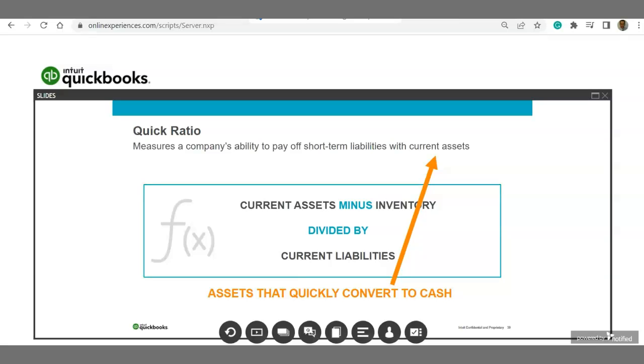The current assets involved in this ratio are assets that are more quickly converted to cash, and inventory does not convert to cash as quickly as other current assets do. And the other current assets that are typical, that are left in this calculation of current assets when you take out inventory,